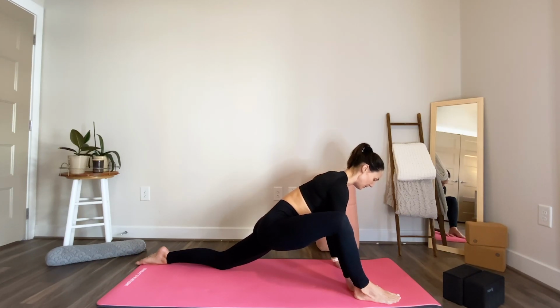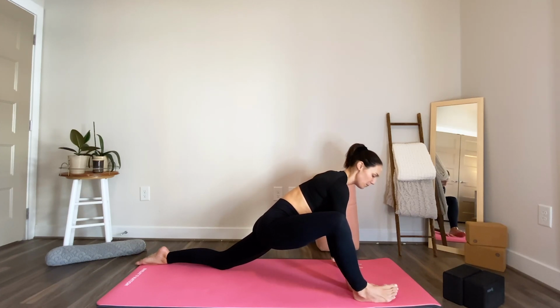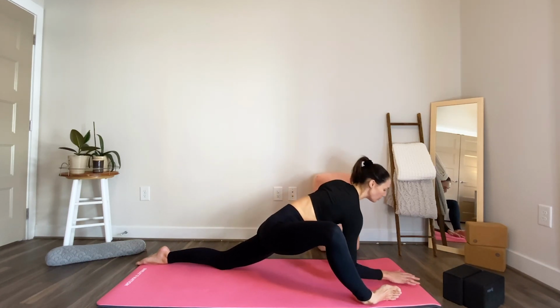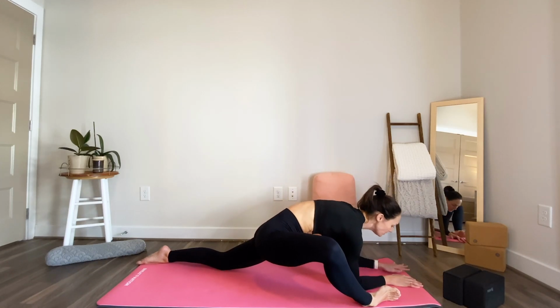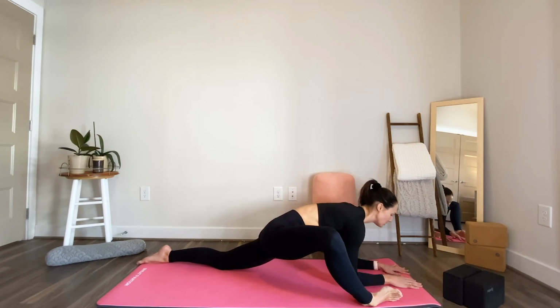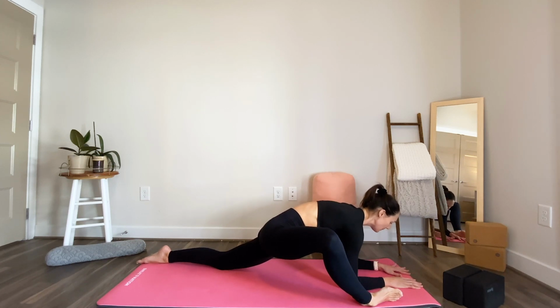Taking a deep breath in. And the option here is you exhale, you can stay lifted. Maybe that right foot can roll to the blade edge, allowing the knee to fall open. And if you feel comfortable here, to drop into the forearms. You can even bring your blocks beneath your forearms just to bring that lift up to you, or perhaps even your bolster. And release that left leg,